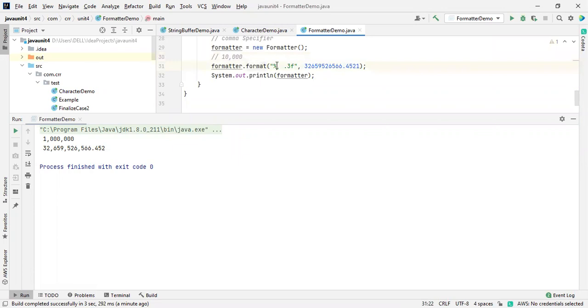So using a percentage, and then there should be a comma delimiter, and use a 0.3. 0.3 in the sense divided by 100, I mean, sorry, I just mentioned something else. If you mention 0.03, it is 3 by 100.